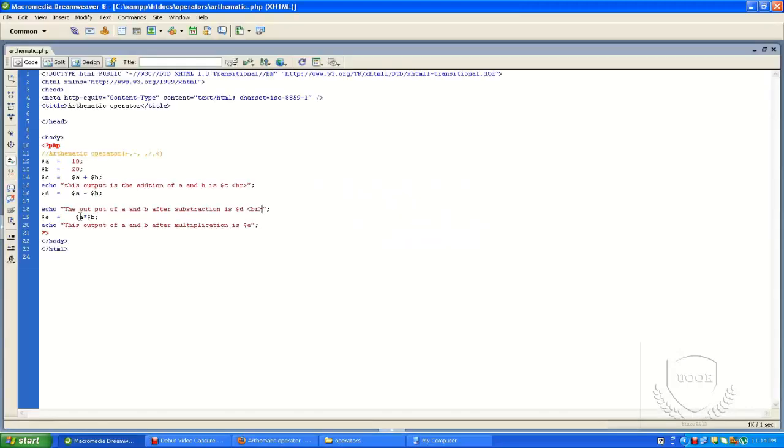The output of a and b after multiplication is 200, because 10 into 20 equals 200.